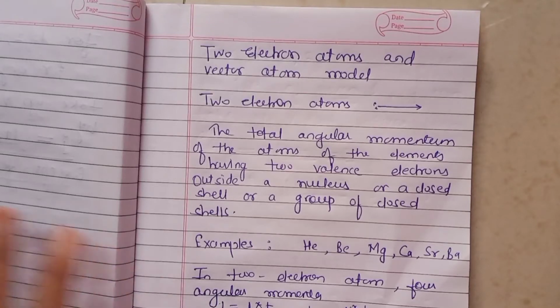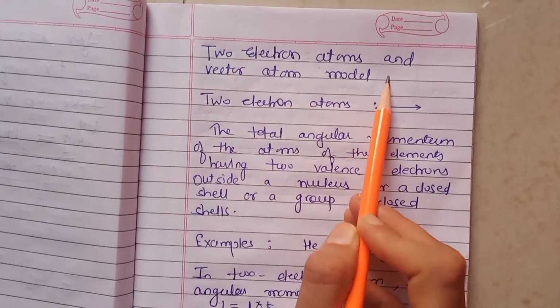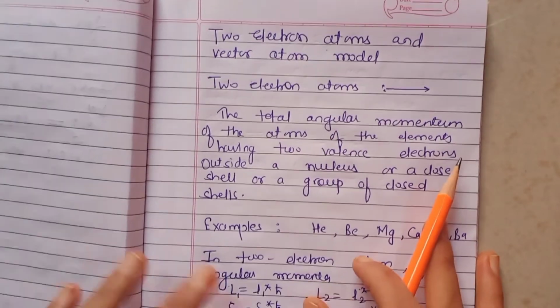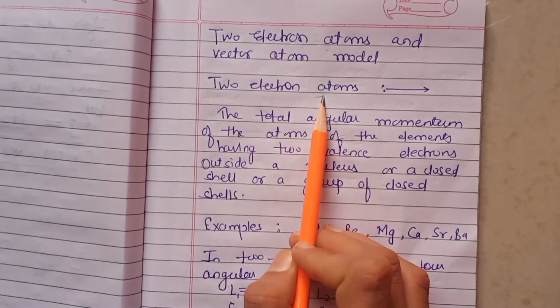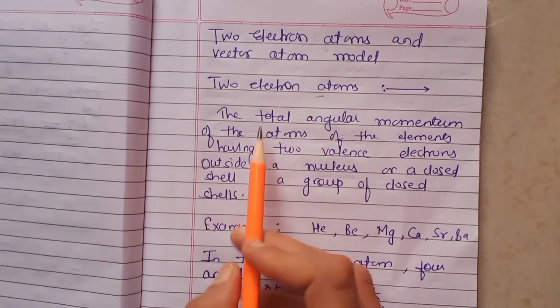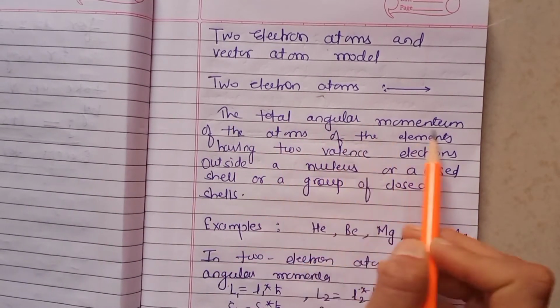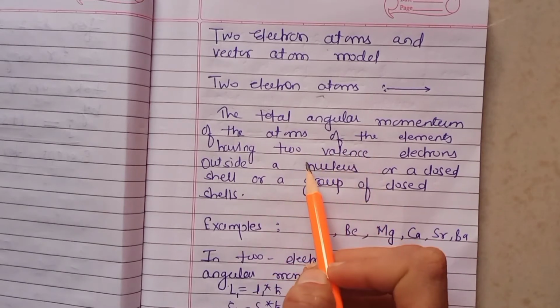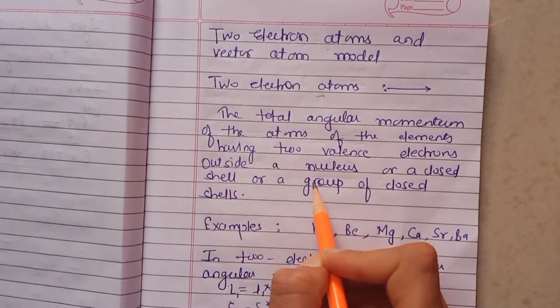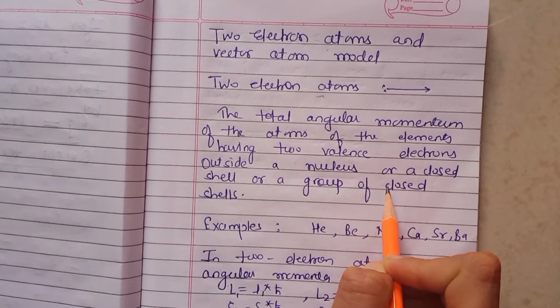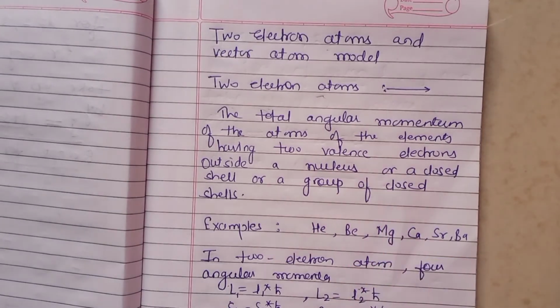Everybody, so today we are going to talk about two electron atoms and vector atom model. So what is a two electron atom? In the last lecture we studied the one electron atom, where only one electron contributes to the total angular momentum of the atom. When we talk about two electron atoms, here the total angular momentum of the atoms of the element having two valence electrons outside a nucleus or a closed shell, it constitutes for the total angular momentum